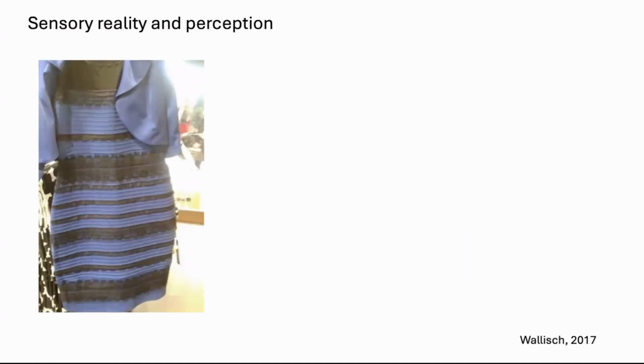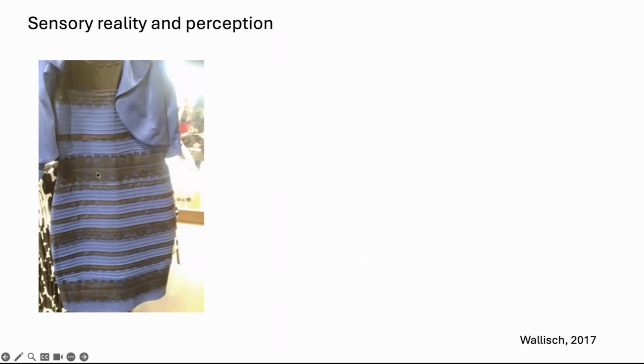So before we even turn to discussing pain, I first want to start by discussing perception. So this example here on the left was quite famous about 10 years ago or so now. And it has become very popular because there are some people that actually see this dress as white and gold, while others say it's actually blue and black. So I'm actually on the blue and black side here. And to be honest, I just cannot possibly imagine how someone can see white and gold on this picture.